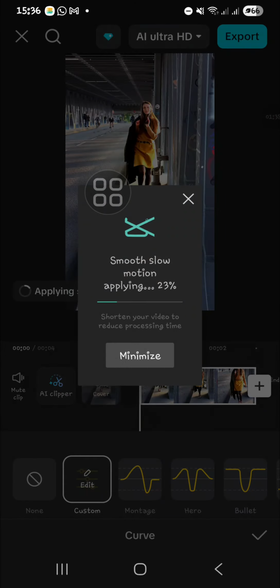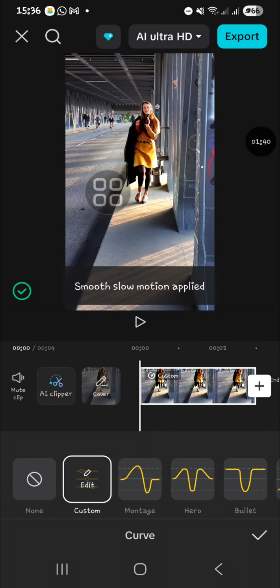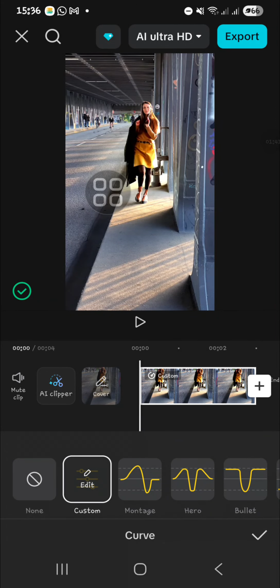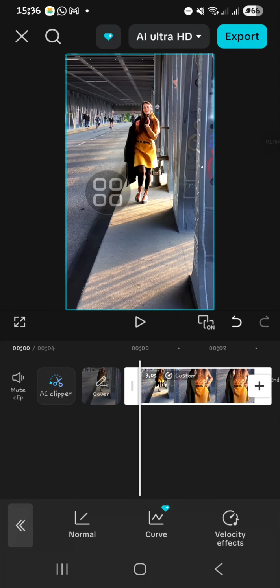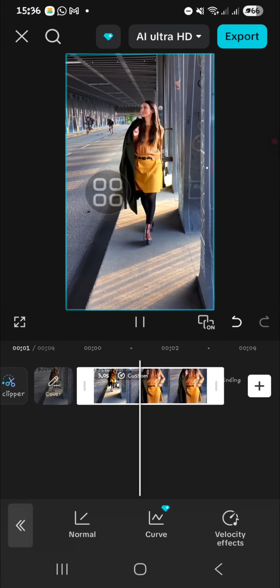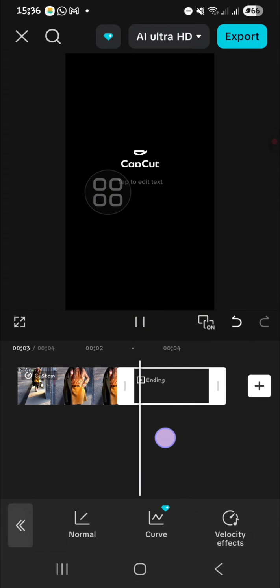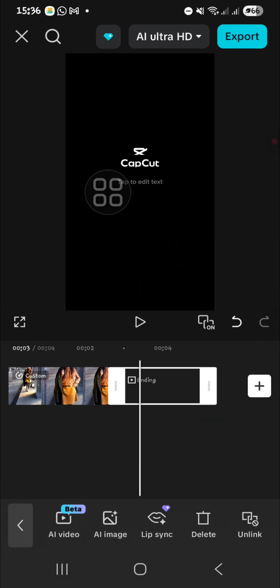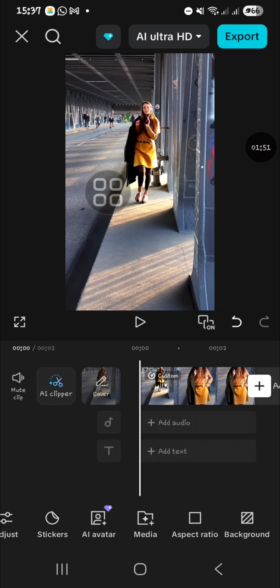on the check mark. Okay, and hold on, and now the smooth slow motion has been applied, and it will create something like this. And you can add another video if you want, but I'm just going to leave it